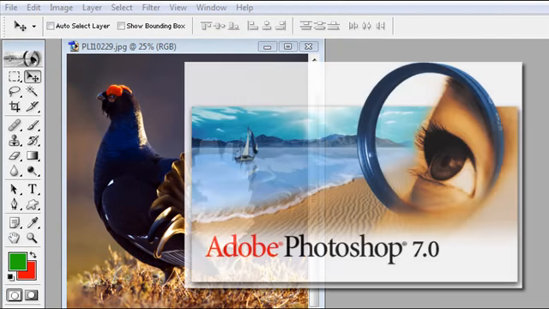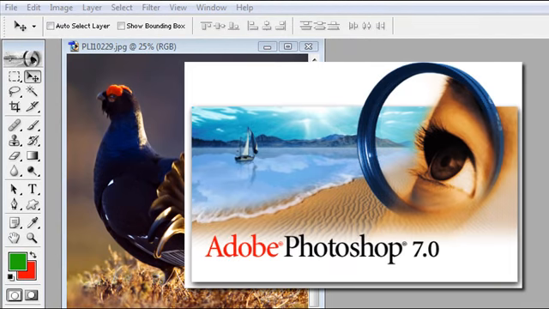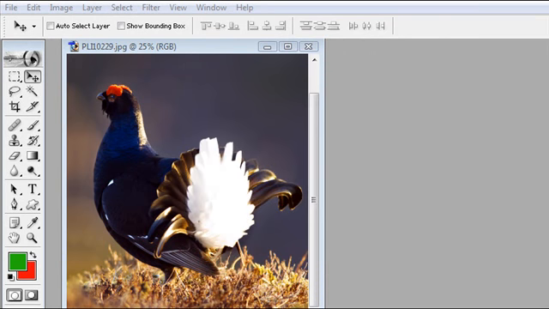I have now opened up the Photoshop program, version 7.0, and an image of Willie, the black goose. Willie stands here in his rut posture, an early morning at sunrise at the end of April. What a magnificent plumage this bird has. And now to our function: Image,